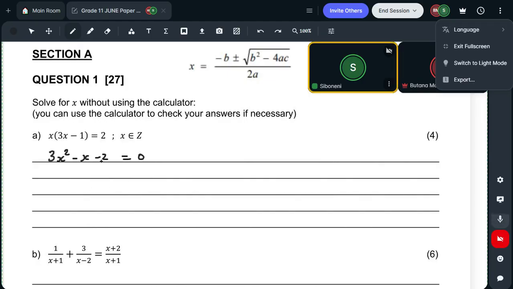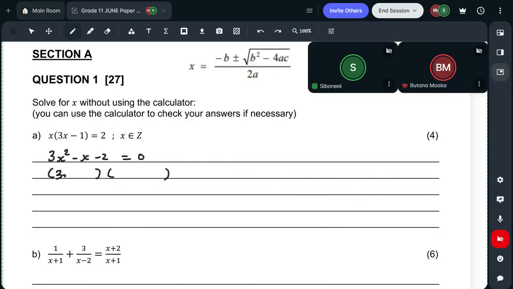Okay, what do you have when you factorize this? Open bracket x minus 1, close bracket, open bracket 3x minus 2. This side is 3x, this side is x. Then